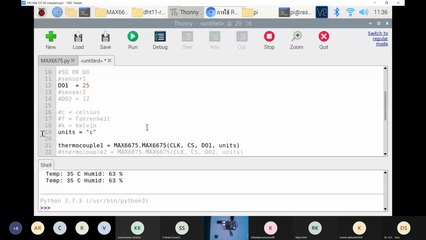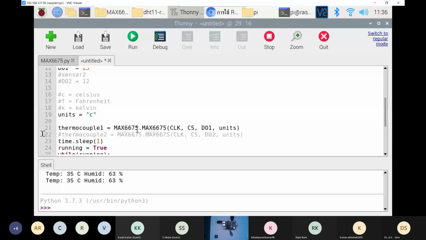See, from X6675, it is fetching the data. You can see there is a function called X6675 with CLK, CS, and DO pins. Those pins are from the X6675 module, and it is being fetched from X6675.py, which we have defined over here.